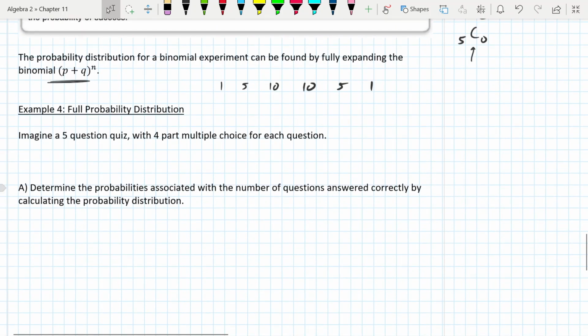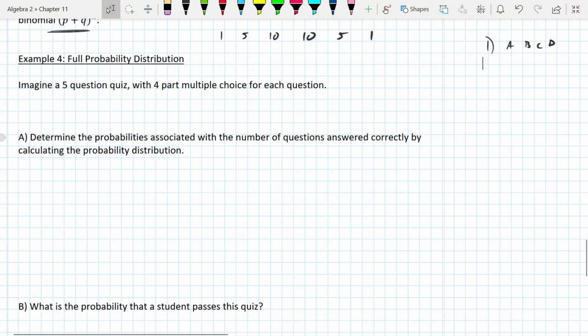So imagine a 5 question quiz with 4 part multiple choice for each question, right? So each question has 4 choices, A, B, C, or D, and only one of them is correct. All right, so we're going to determine the probabilities associated with the number of questions answered correctly by calculating the probability distribution. So we need to expand out the probability of